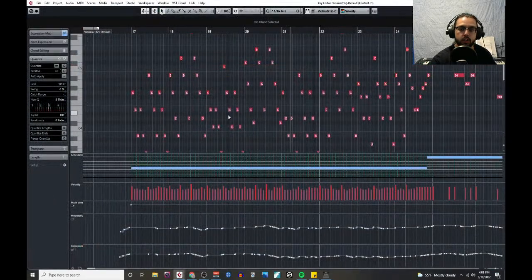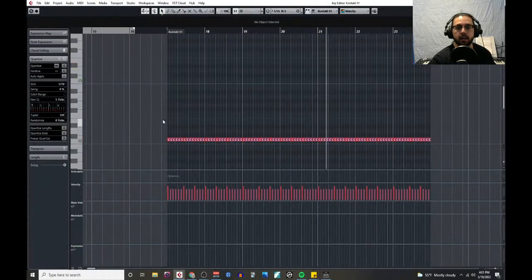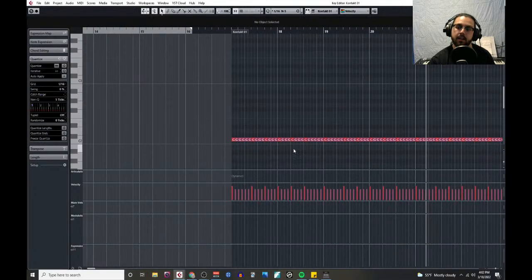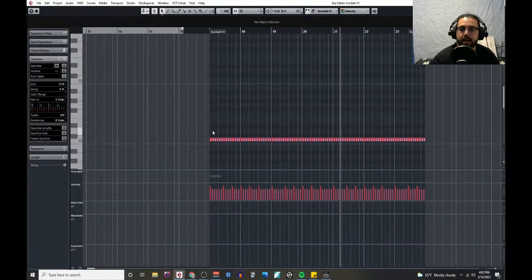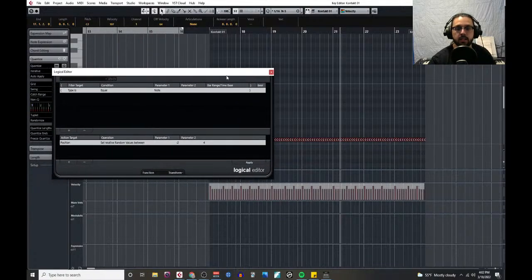One thing now is we got to humanize it a bit. No, not the flutes, snare drums. Flutes were already humanized. So you'll look right here at the velocity. Everything is identical. All the accents are the same. All the non-accented notes are the same velocity, which is how hard the note is hit. If we look even closer, everything is exactly on beat. Everything is exactly uniform, and that's impossible. No matter how good you are as a percussionist, it is impossible and not really desirable to get complete machine accuracy. So what I'm going to do, I'm going to use the Logic editor, open up on my other screen,